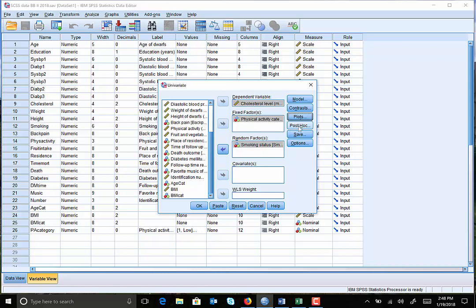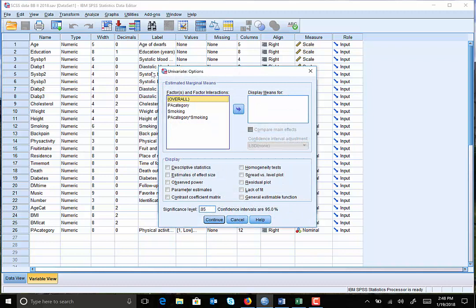Under post-hoc tests, we do not have to do anything, and I will explain why. Because we go to Options, and in Options, we can select to display the means for the physical activity categories. We can also select the means for smoking categories. And for instance, when you choose physical activity category,